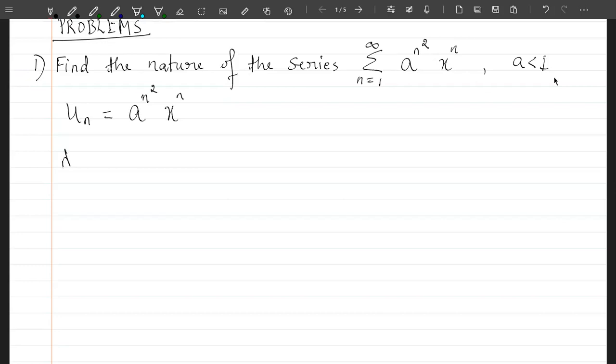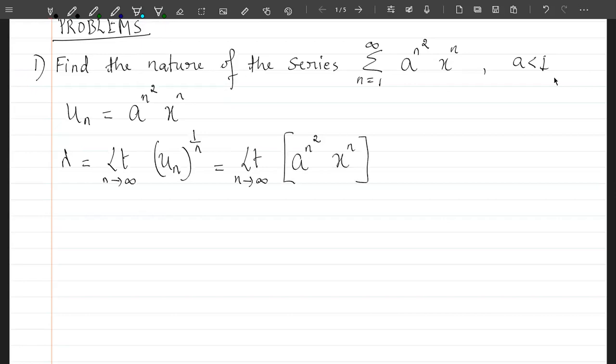So how do you calculate the value of lambda? Lambda is equal to limit n tending to infinity un to the power 1 by n. That's equal to limit n tending to infinity, where un here is a power n square multiplied with x power n,